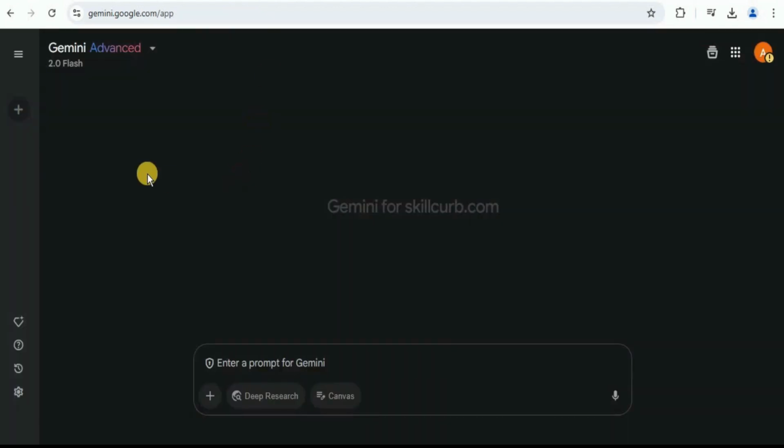Here I'm inside the Gemini app. The model is Gemini 2.0 Flash, and I'm going to select Deep Research in order to get the in-depth answers. So the first step is to define the research question. Here I'm going to ask what are the impacts of climate change on the marine ecosystem. I want to generate a detailed report on the impacts of climate change on the marine ecosystem, and make sure that you have selected the Deep Research feature in order to get an in-depth answer for your question.